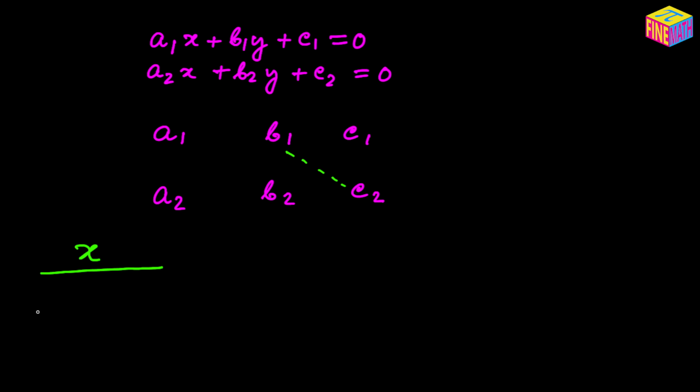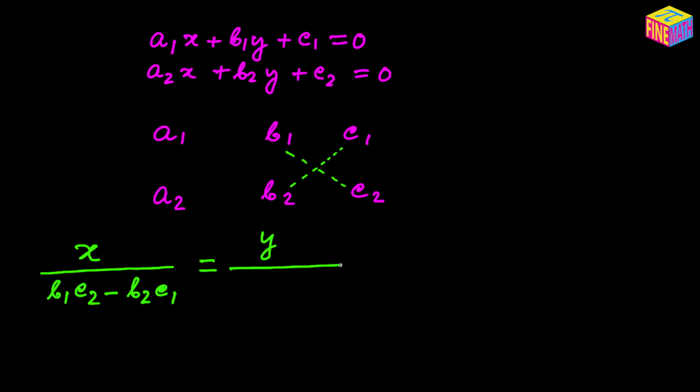So we are going to say it would be b sub 1 c sub 2 minus, we are going to multiply the other two. That is why we call it cross multiplication. You see how you are doing the cross multiplication. First we multiply b sub 1 with c sub 2, minus b sub 2 times c sub 1. So that is the first part of the picture, and that is equal to,